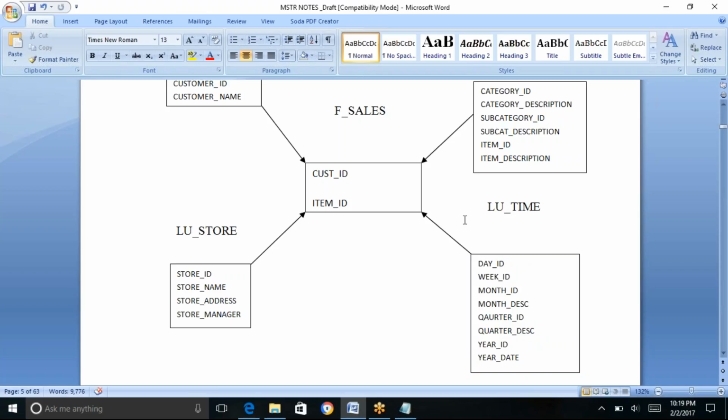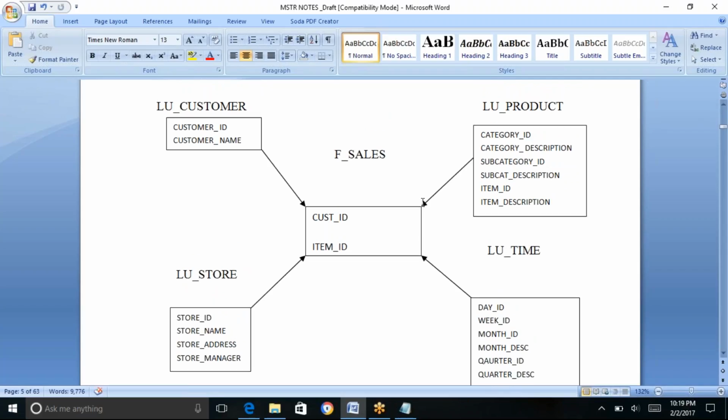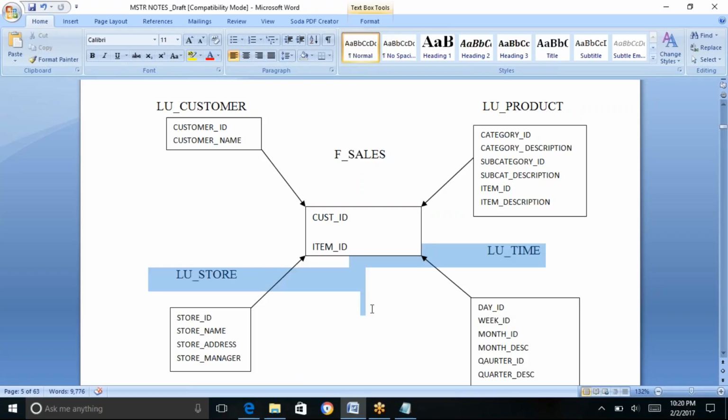So the point here is, in the star schema, you will have a lot of dimension tables that are denormalized, or in other words, the dimension table contains a lot of duplicate values. So remember that point. Fine. Now, as there are a lot of duplicates, when I try to get the information,